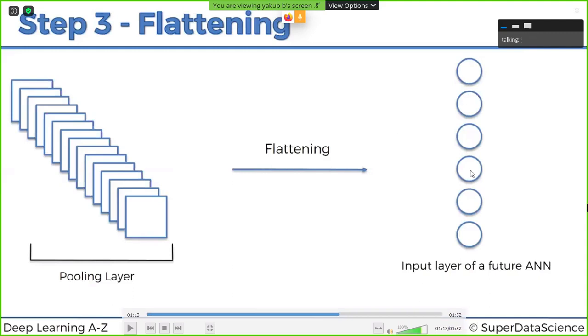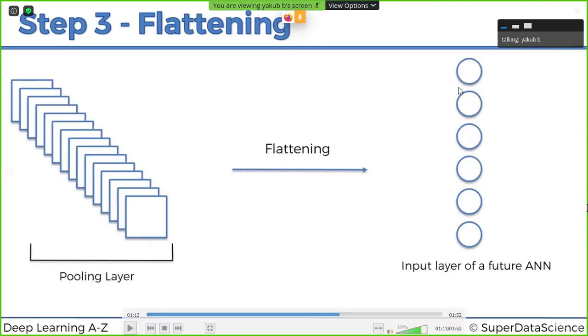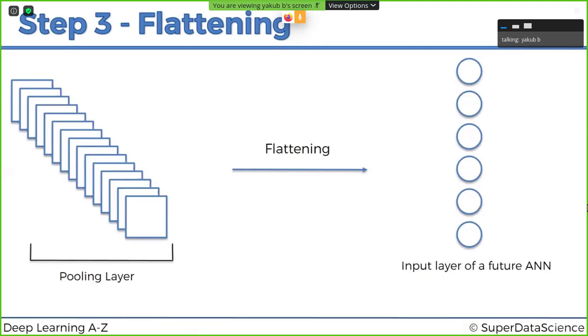After that, whatever we did in ANN, we need to proceed in a similar fashion. So the remaining portion will be similar to ANN only. Before applying all these features to the ANN, initially we need to perform convolution and max pooling. After performing max pooling, we need to perform flattening. After flattening, we need to apply our entire data to the artificial neural network.